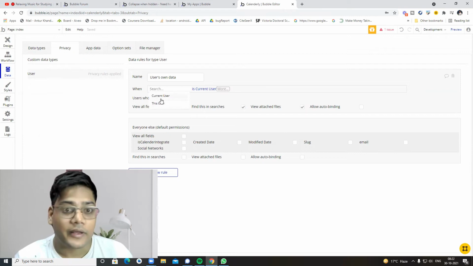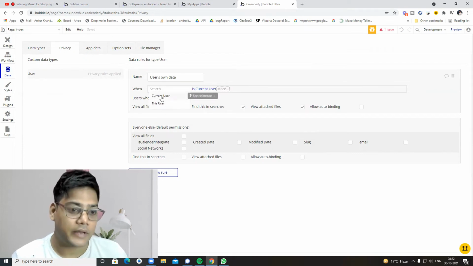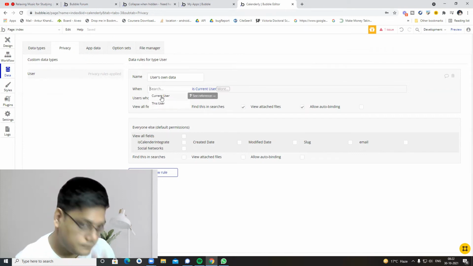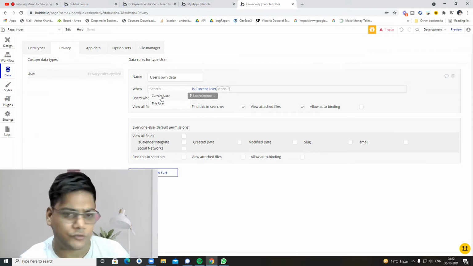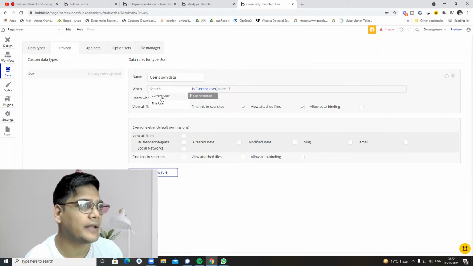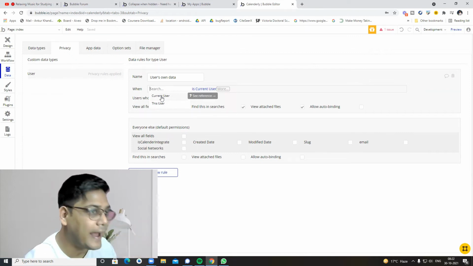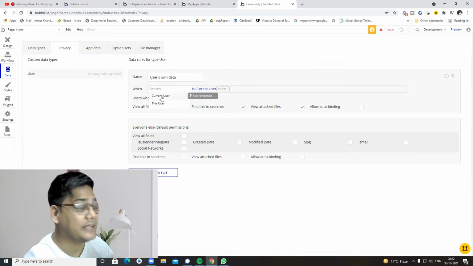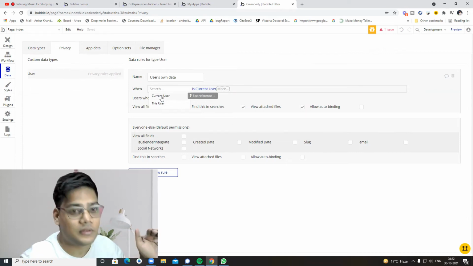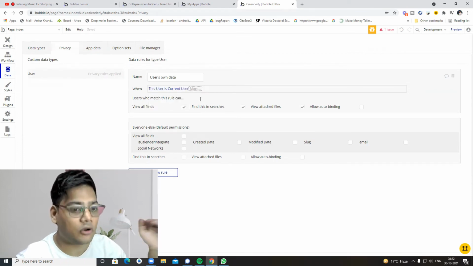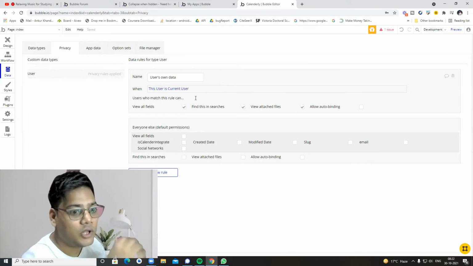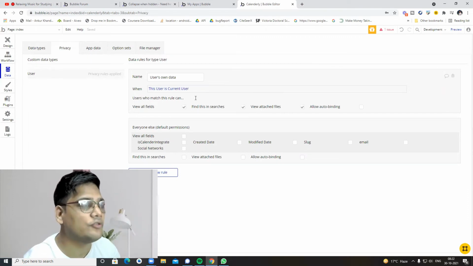There is a condition here, like when current user, as in when you fetch the data. For example, you are getting a list of users. You will get a complete list of data, and for each row it checks whether this user is the current user or not. For example, there is user 1, user 2, user 5, and the current logged-in user is user 2.